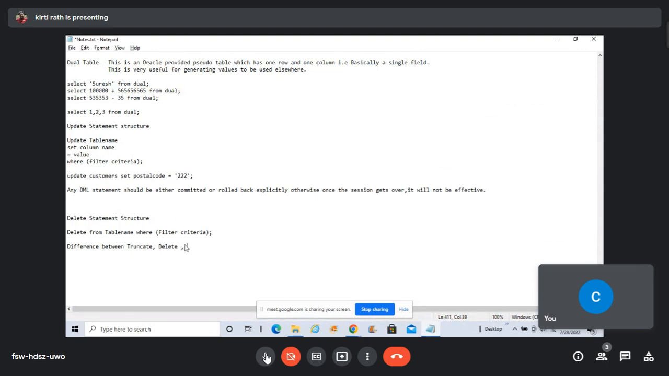I will just write it down here. Okay. So there are three commands, right? One is truncate, one is delete, one is drop. What are the differences? Truncate is a DDL statement. What it does is remove all the records from the table. Auto committed, can't be rolled back,